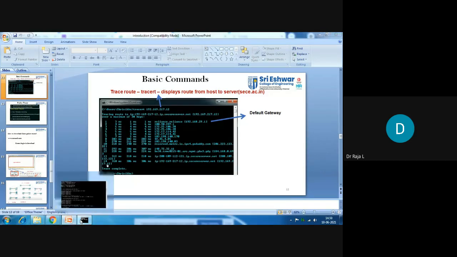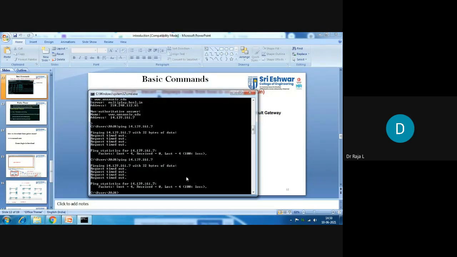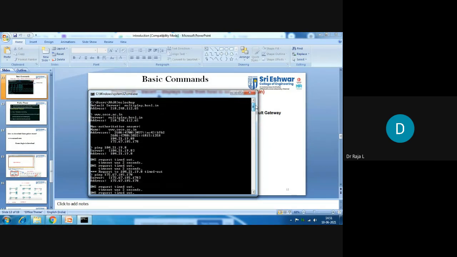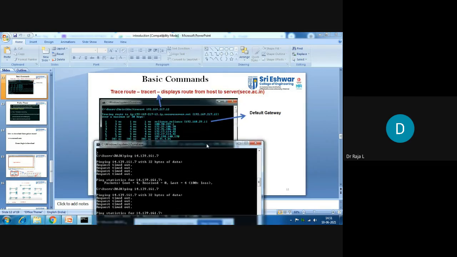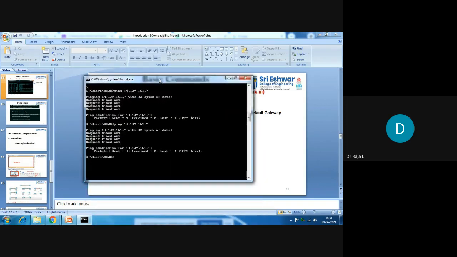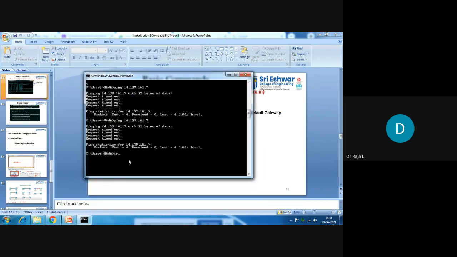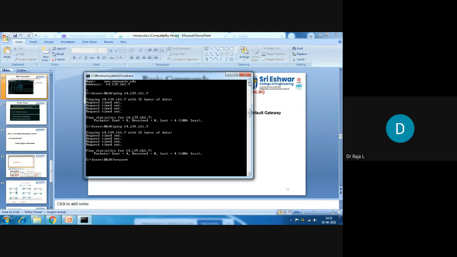What I am going to do is type this. Before typing that, I want to clear the screen, but I want to know that IP address first. Okay, let it be. I don't want to clear the screen, so that I do not forget the IP address of the college. The command is tracert, a space, and the IP address you want to reach. I want to know the IP address of the college.